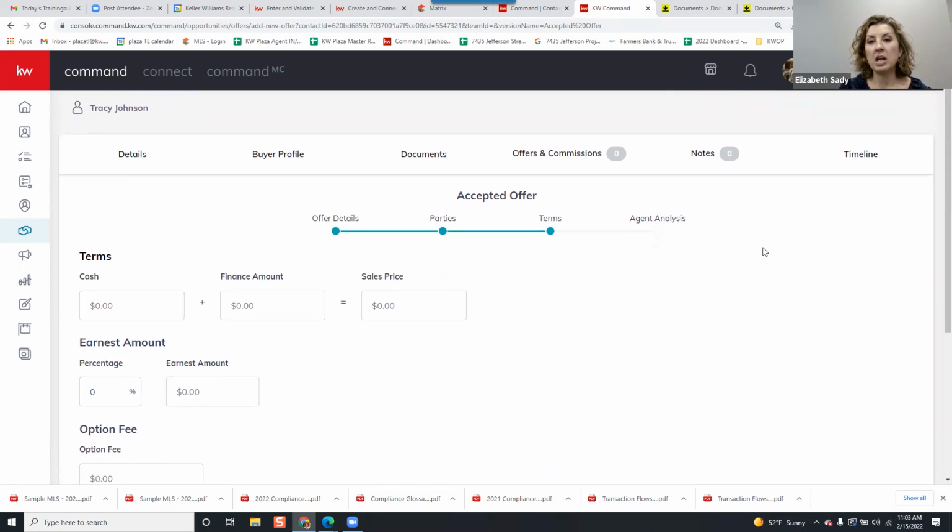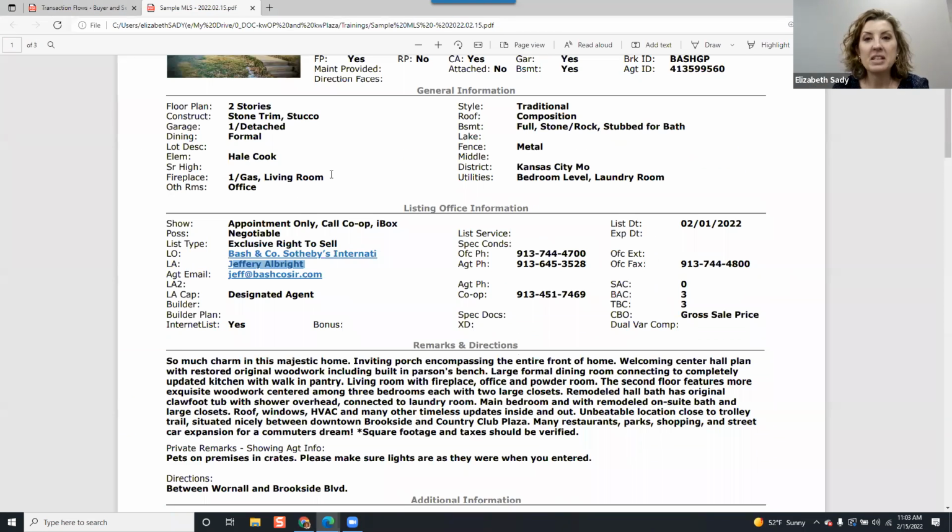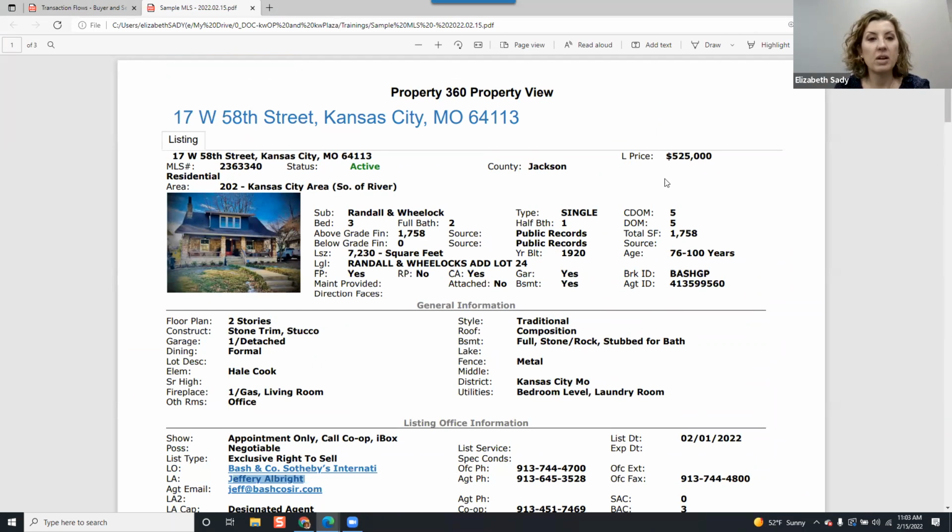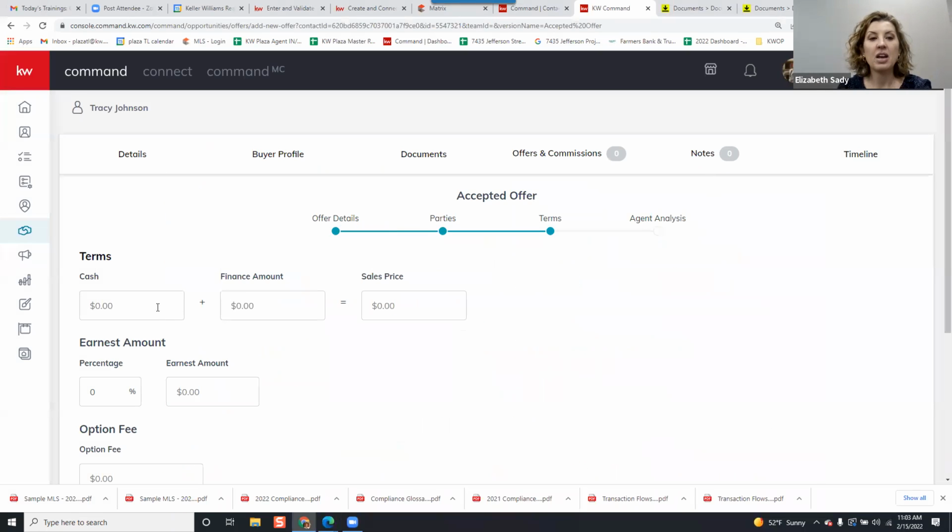This is where it gets fun, and let me know if I need to slow down. Thank you again for keeping me honest with my math. So if this property is listed at $525,000, woohoo, that's a great sale. That's going to feel good, right? So if the total sales price, to keep it simple, was that we went 25,000 over asking,